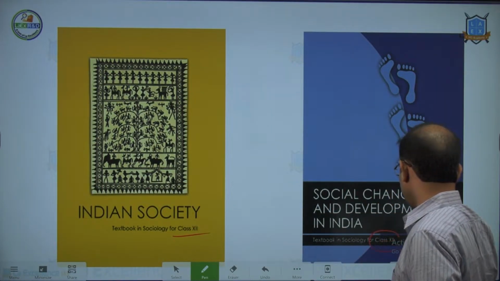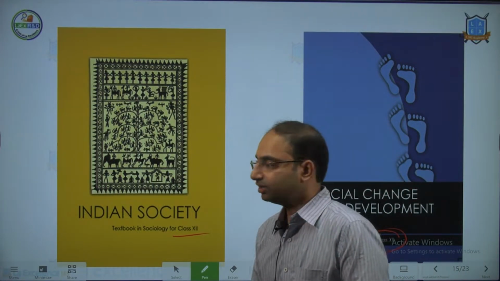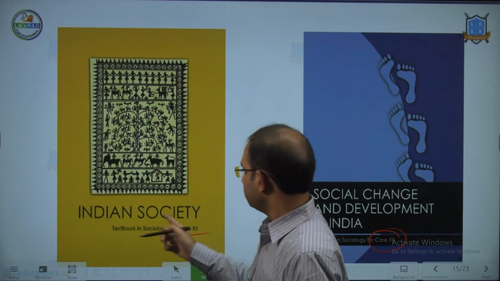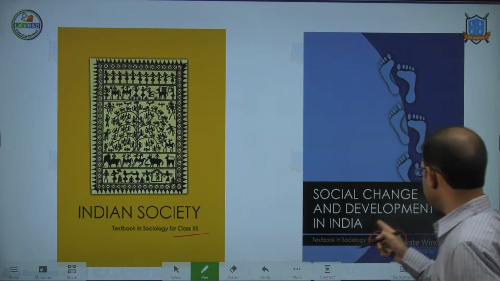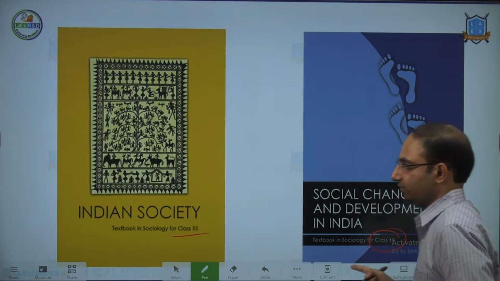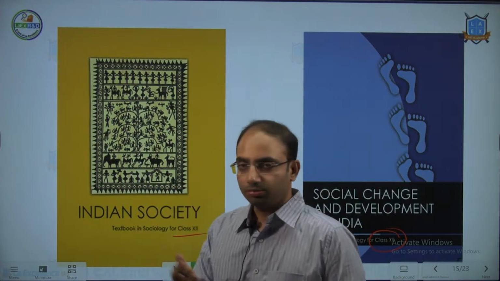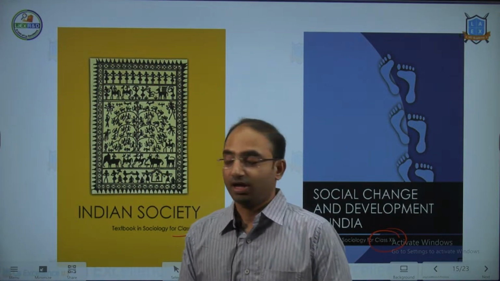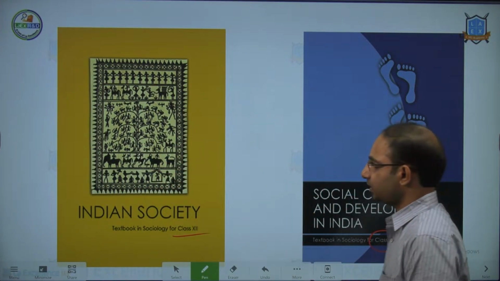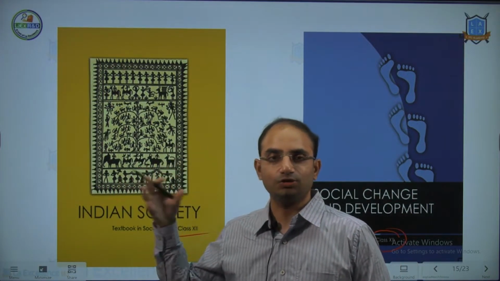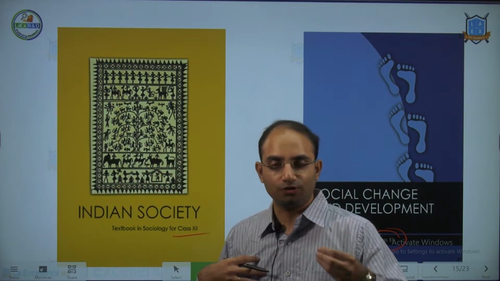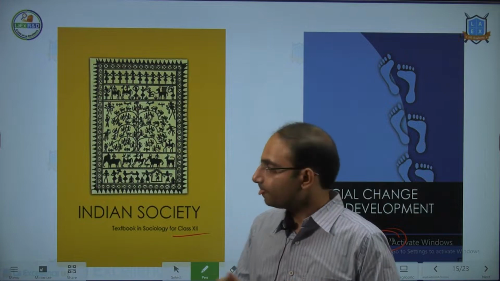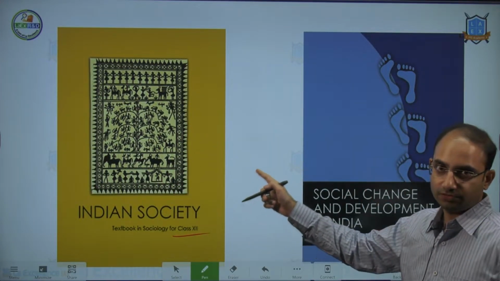These books convey a very good understanding of Indian society, and they give you a good essence of what we are going to discuss in anthropology in depth. This is Indian society class 12, and this is social change and development in India, also class 12. You will get these books on Amazon, you can buy in a local bookshop, or you can download this free from NCERT website. And not all chapters in these two books are relevant to us. I'll also tell you in detail which specific chapters are useful to us. So the easiest thing to do before you come to the course is understand syllabus, understand what is anthropology broadly, and read relevant parts of these two textbooks.